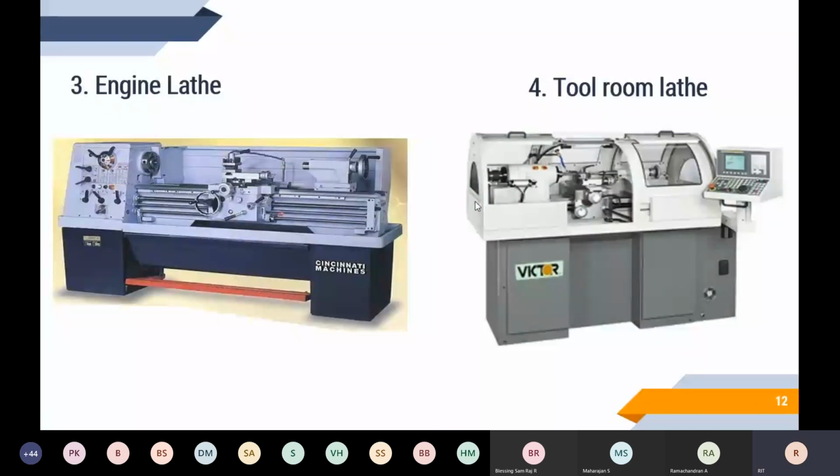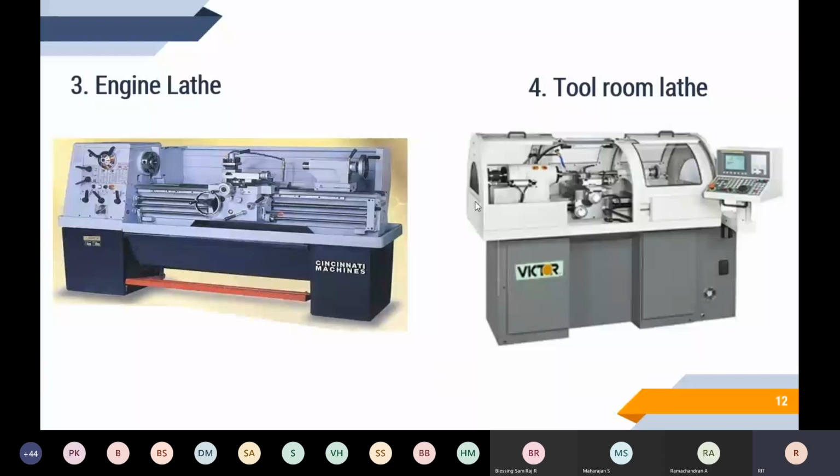And then next one is engine lathe. Engine lathes are the most common type of lathe. It is commonly seen in every machine shop. So you can see it everywhere. It's designed for low power operations as well as high power operations. The automatic feed is also available in this machine. The length of the lathe machine is up to 6 feet. The machine can operate at a wide range of speed ratios. Based on the ratio, we can operate the machine. Why is it called engine lathe? In olden days they used the lathe machine powered by an engine, so still it's called engine lathe.